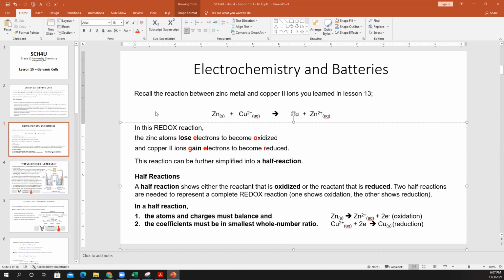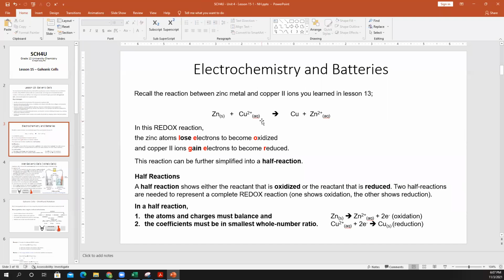So then we can take this oxidation reduction reaction here, and we can simplify it into half reactions. And in a half reaction, we show that either